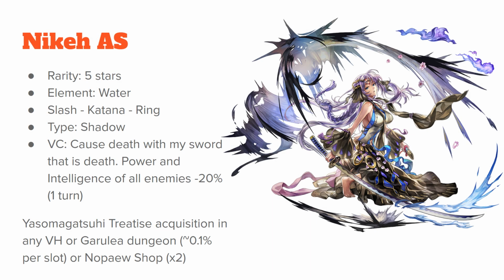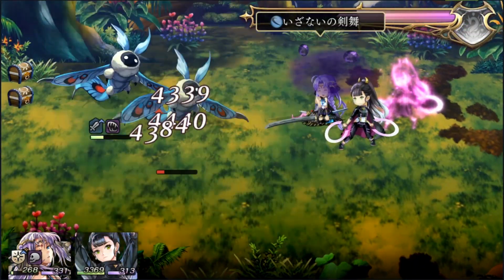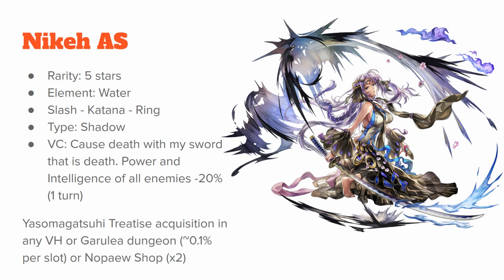Next, let's talk about Nikeh Another Style. She comes in only a rarity of 5 star. She's a water element user, and she uses slash, katana and ring. Her type is shadow, and her Valor chant, Cause Death with My Sword, That Is Death, will reduce the power and intelligence of all enemies by 20% for 1 turn. You can obtain her Yasomagasuhi Treatsi from any very hard dungeon boss, or the ones that require 2 green tickets, such as the Garulea dungeon. It'll be a 0.1% per slot drop chance, or you could get it from a Nopal Weapon Shop Emporium